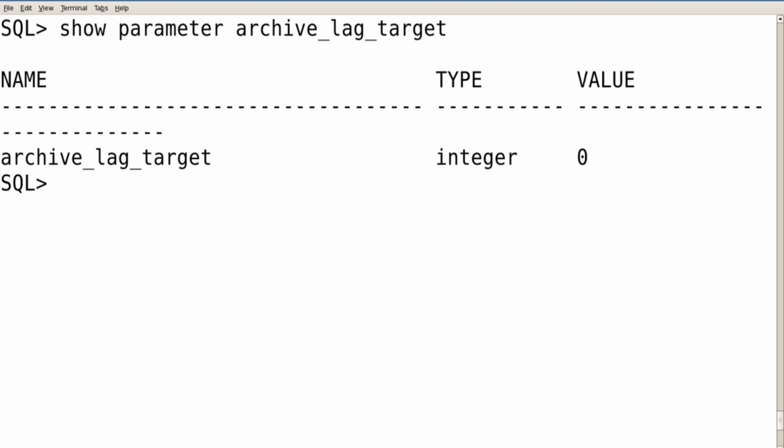So we can use a value greater than 0 for time-based log switching, to enable time-based log switching. How frequently should the logs be switched?